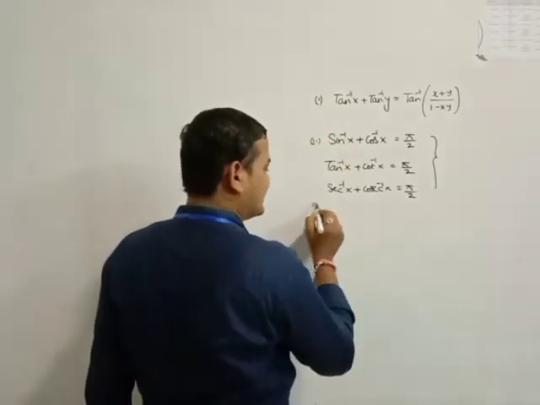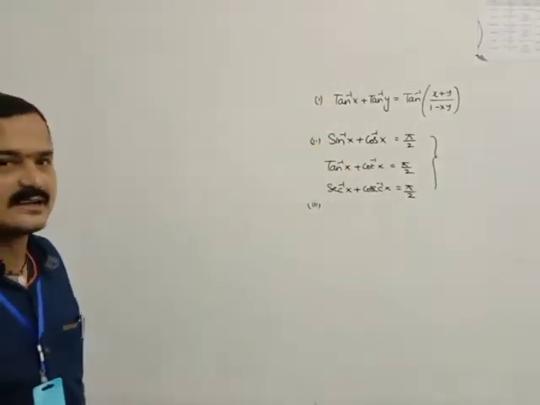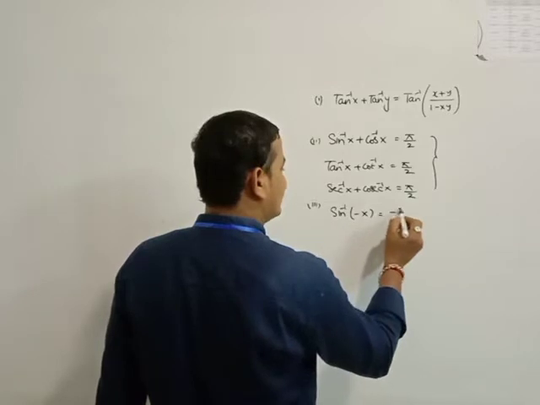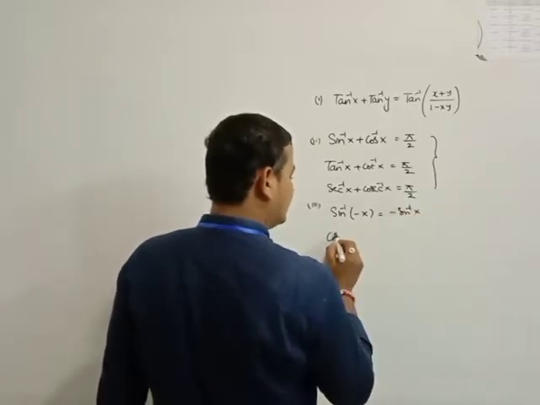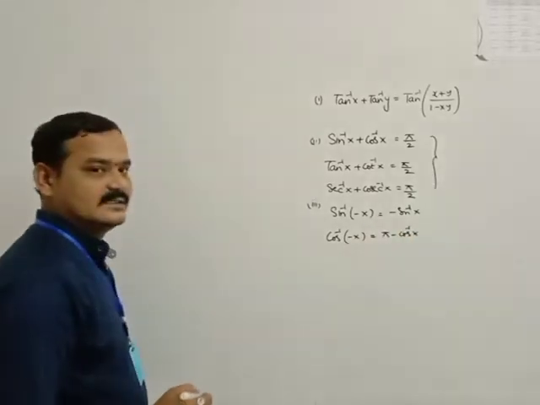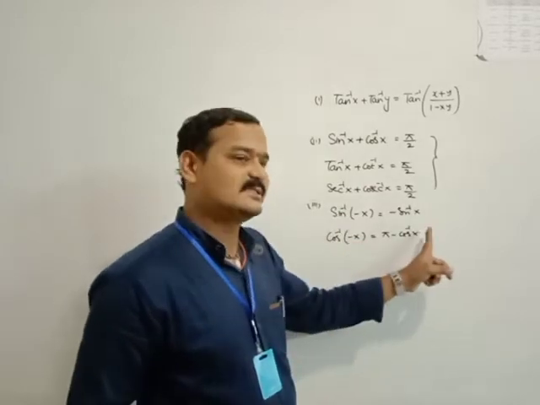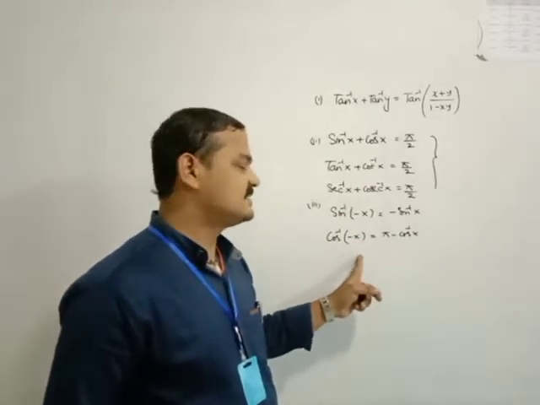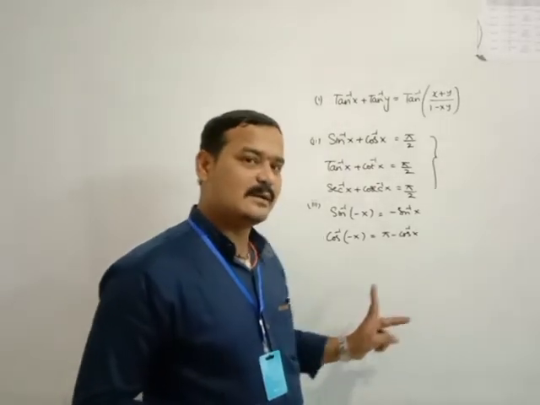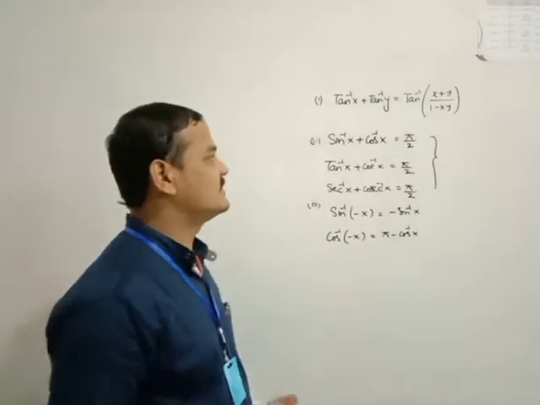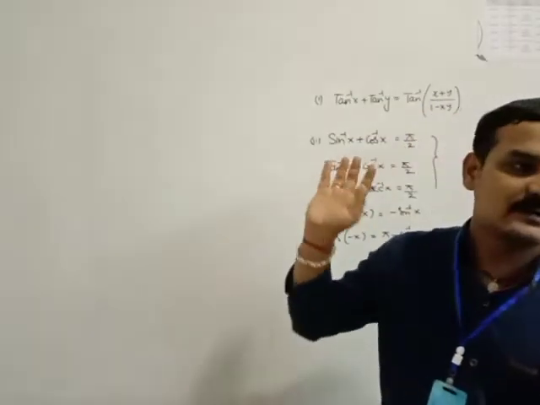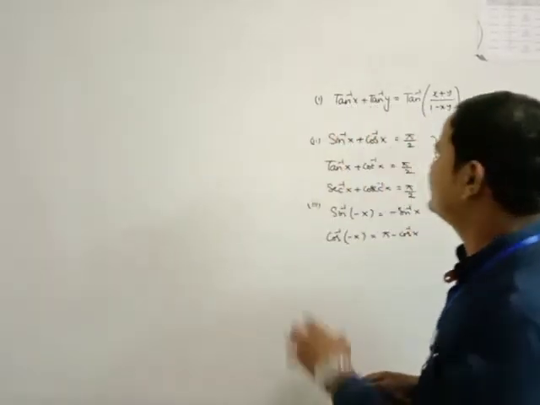The last ones are the formulas they use in differentiation, only those I am writing, not all the formulas. Sin inverse of minus x is equal to minus sin inverse of x. But cos inverse of minus x is equal to pi minus cos inverse of x. Similarly, tan inverse of minus x is equal to minus tan inverse x. Cot inverse of minus x is equal to pi minus cot inverse of x. Sec inverse of minus x is equal to pi minus sec inverse of x. But cosec inverse of minus x is equal to minus cosec inverse x. These are the formulas used here. Related to these formulas, some problems are there. Now we are going to discuss those problems.